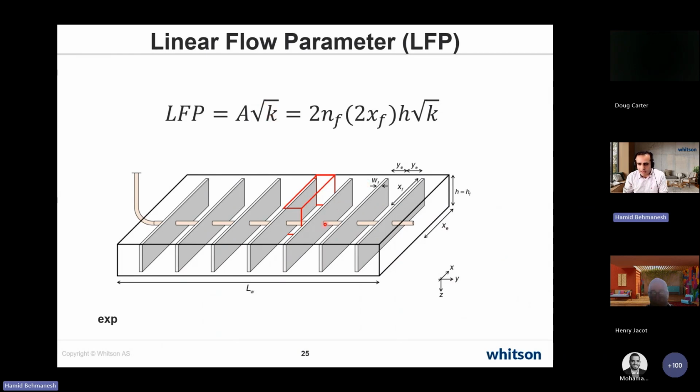Is the permeability of matrix that's sitting in between each of these individual fractures. It's not the fracture permeability, it's the matrix permeability. What is the area? Area is simply 2xf. XF is half length of the fracture, so we'll multiply by 2 to include entire length of the fracture, times